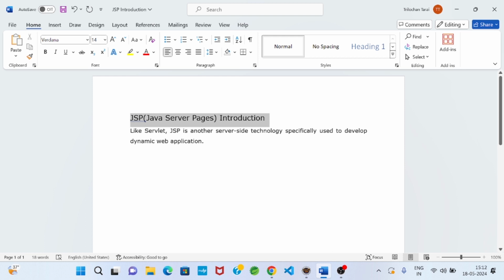Okay, so JSP is important from the project development point of view. The purpose of servlet and the purpose of JSP are exactly the same: to develop dynamic web application.